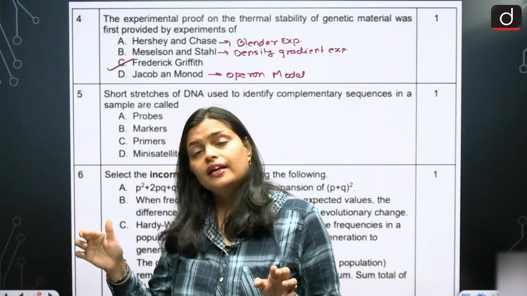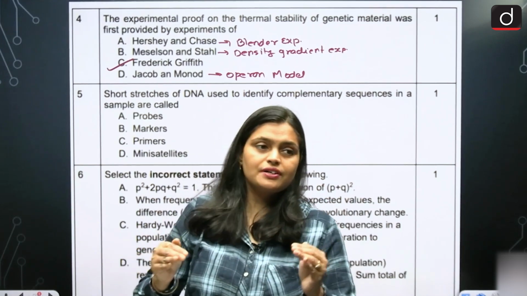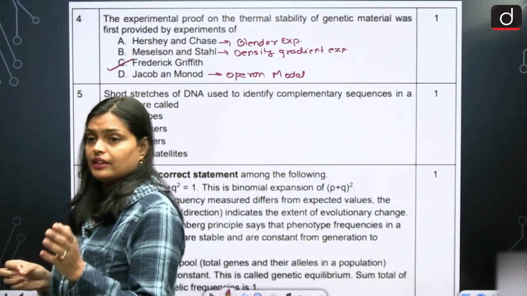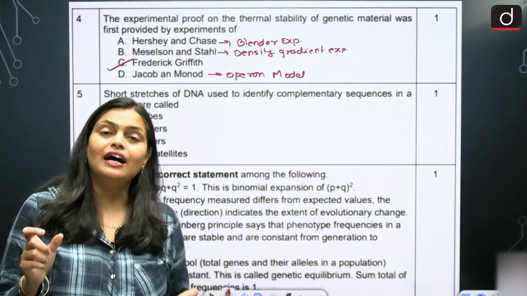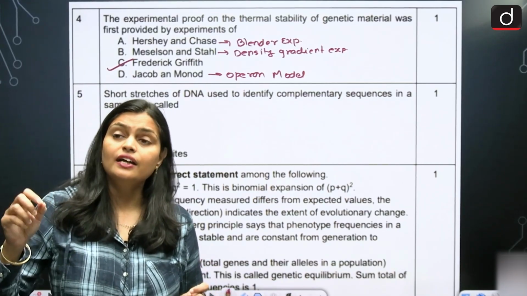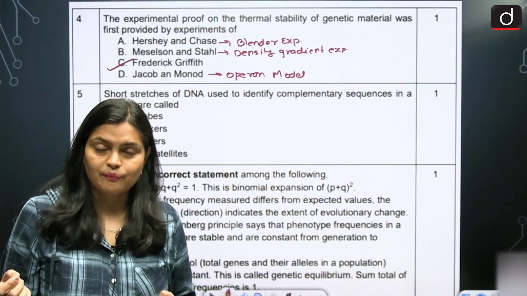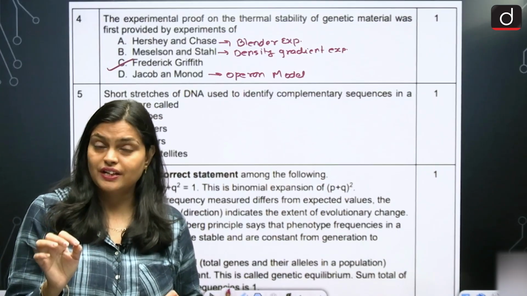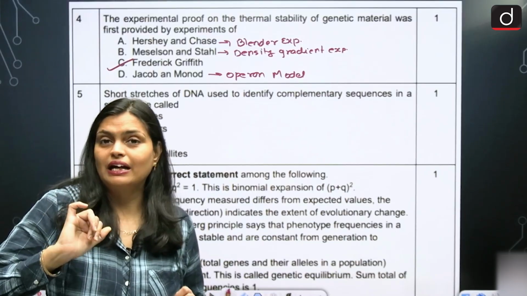Again, what he did: he mixed live R strain bacteria and heat killed S strain bacteria. Heat killed means first he killed the S strain bacteria